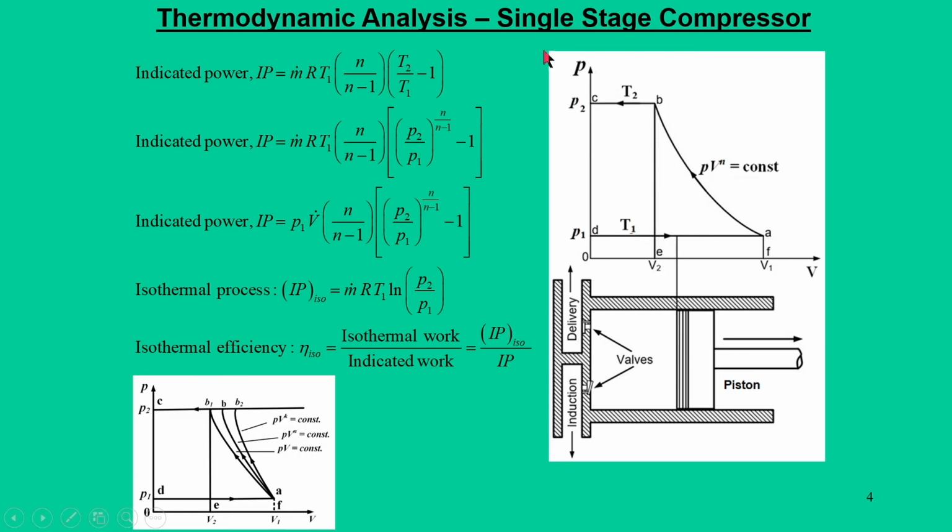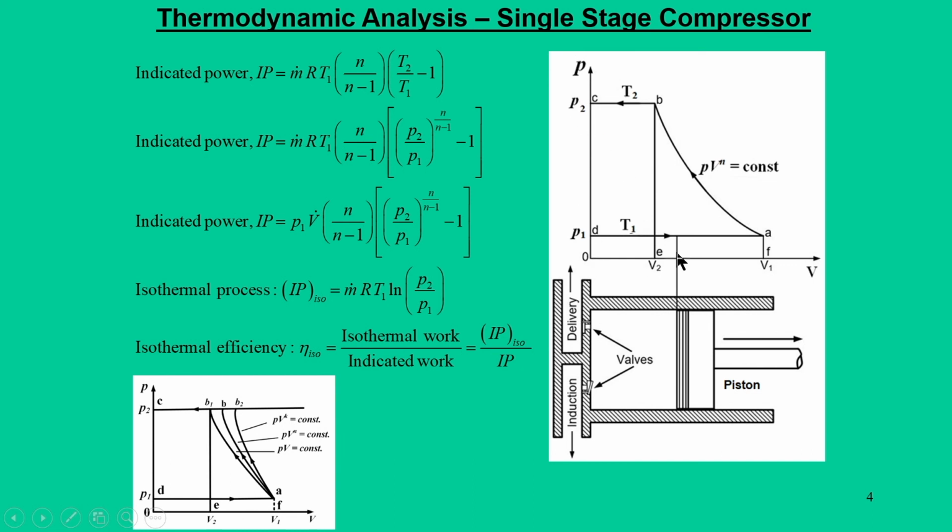Now, in the last lecture, when we dealt with single stage compression, the main setup is that we have a piston that moves in a cylinder, and in fact, there is zero clearance. That means it is assumed that the piston position is just at the end of the cylinder face, where the induction or inlet and exit valves are placed. Through this induction the air enters the compressor, and through delivery finally the air goes out at higher pressure P 2.